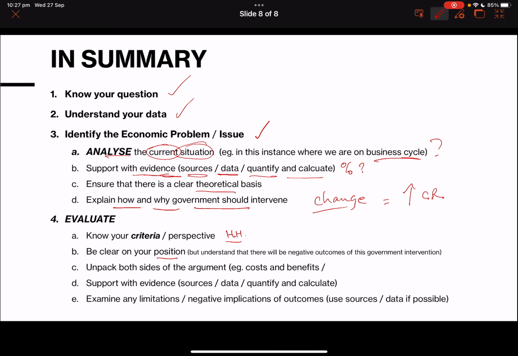Be clear on your position. Okay, understand that when we look through this question, given the overall state of our position on the business cycle, probably at a peak, the best thing overall, even though there's some hard decisions to be made, the best thing overall is raising the cash rate. Even though there's going to be some negatives, we've got to get stuff under